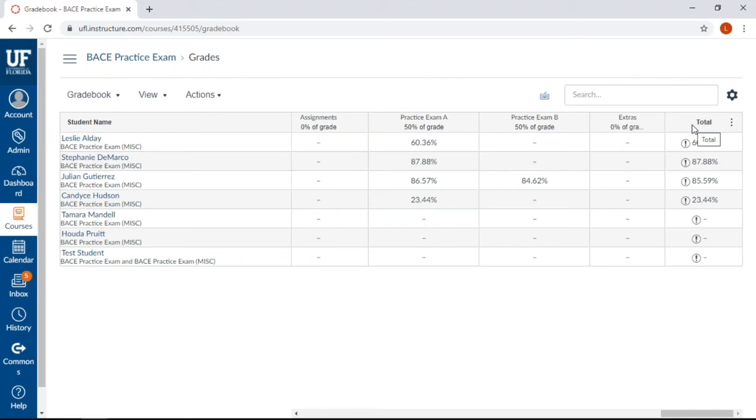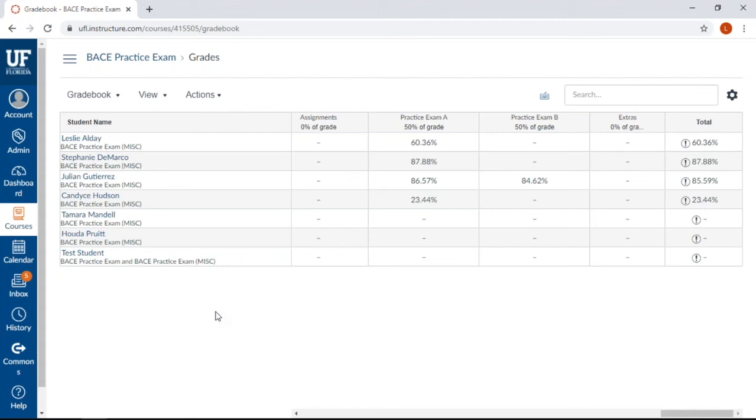All the data in the grades report can be exported. To export grades, select Actions, and then select the Export option. The gradebook is an excellent resource, but for teaching assistants who are looking to gain a deeper understanding of a candidate's comprehension of specific biotech topics, we recommend looking at the quiz statistics.